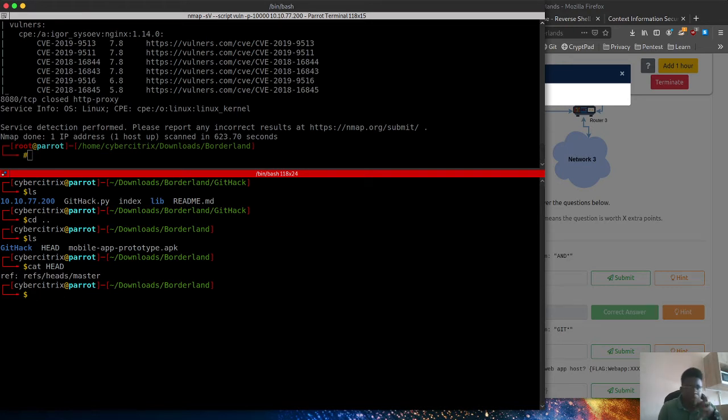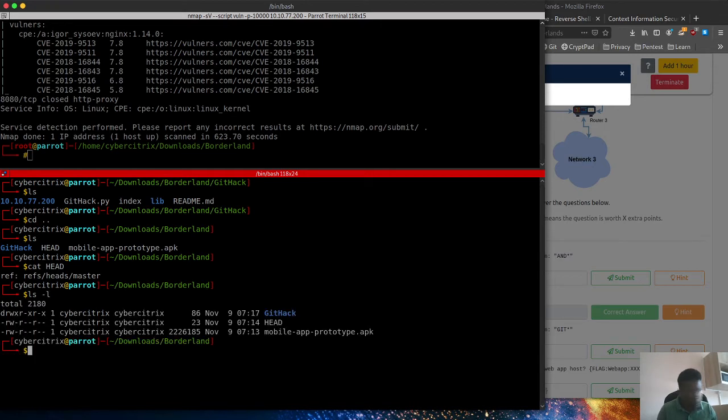Okay, there's pretty much nothing in there, but can I maybe... I don't know if there was a way to read this that would be easier for me. ls -l on that head. What can I use to open this? No, let me see. Maybe this one is just this flag. There's pretty much nothing in here. I'm going to list the content, APK prototype. Let me go back into that Git,